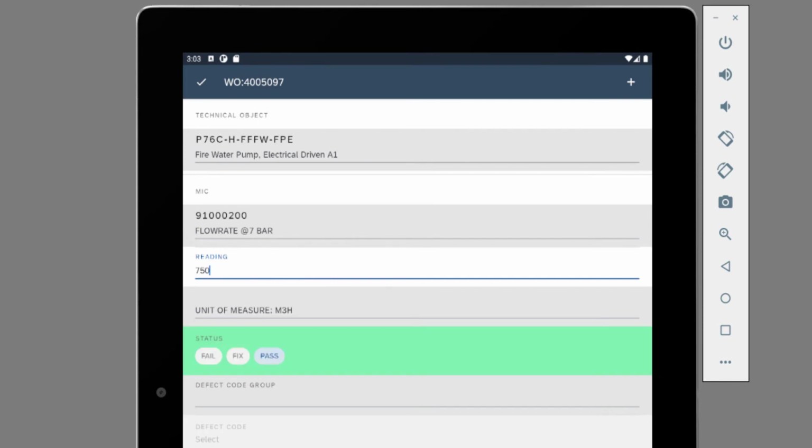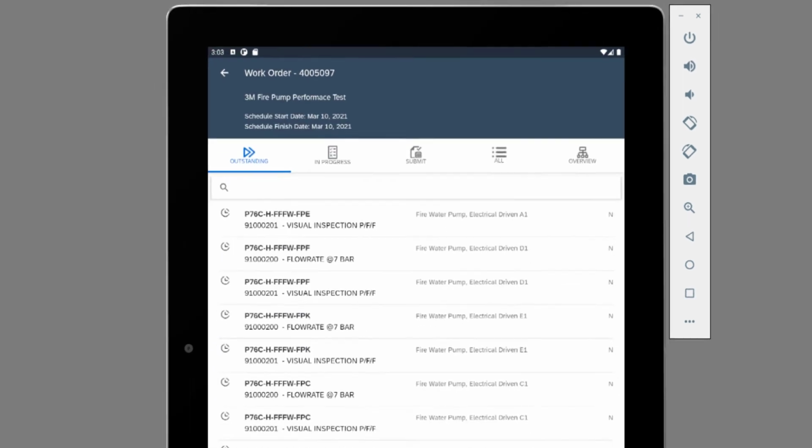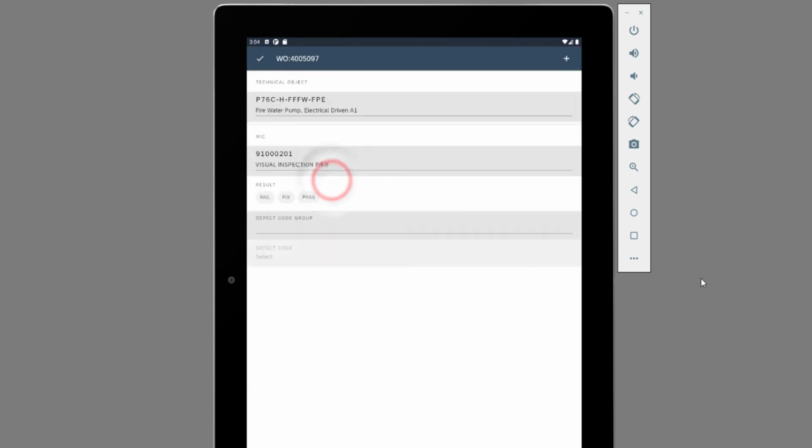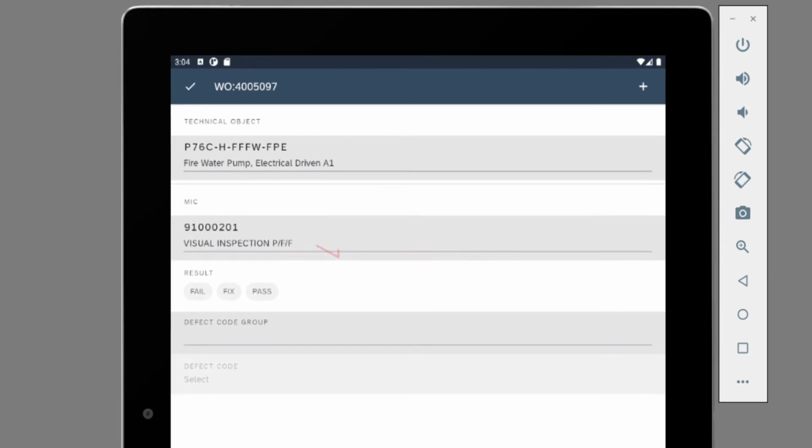Color changes to green, making it prominent visually. It also disappears from the current queue and appears under the in progress queue, so that John's instructions are kept simple and clear. Second inspection is a qualitative inspection. In this case, it's a visual inspection of the fire pump, following which John has to decide whether it's pass